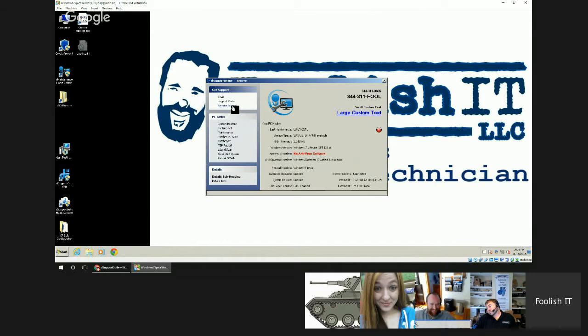It kind of gives them a tool that they can use to quickly fix some things, or it also helps you get quickly connected. You can tell them to reboot their system into safe mode with networking. You just tell them to open up this app and say reboot to safe mode or something like that. They click that, it reboots in safe mode with networking, then maybe you can start up your remote support tool and connect to them quickly and get their system fixed and back up working in normal mode again. So it's kind of like an easy